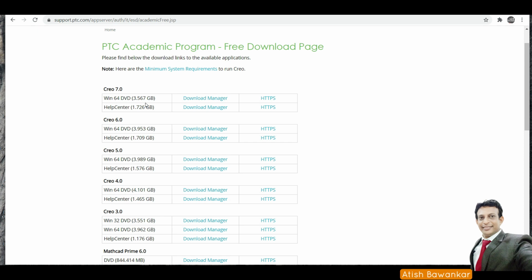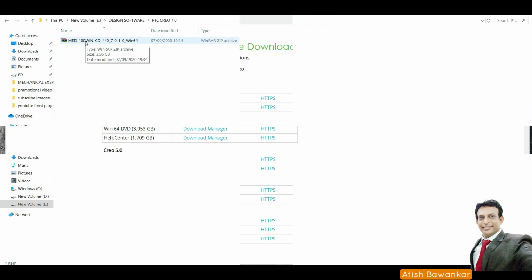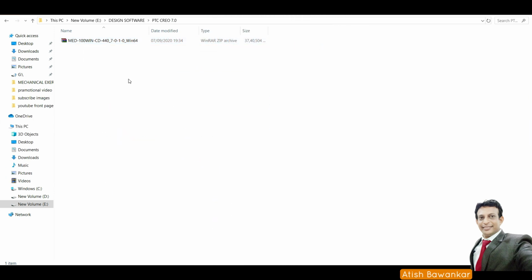So select the HTTPS. It will start downloading the software. So it takes a little bit of time to download this. Once you download this file, copy this file into any folder and then right click on it and say extract here.